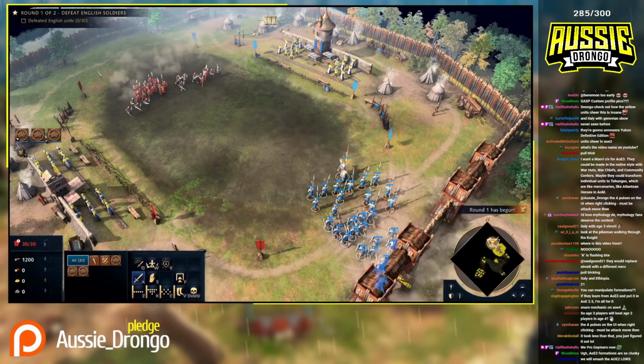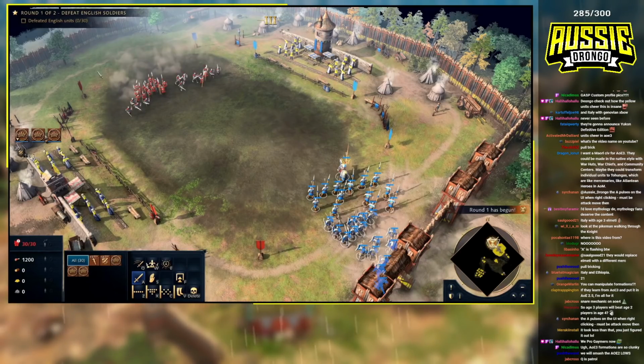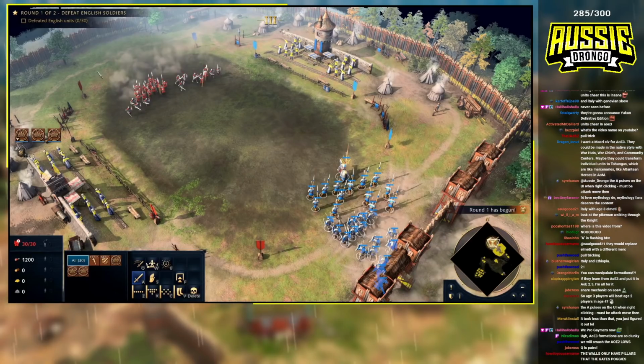Age of Empires 3 formations are so clunky. Well, hopefully they don't have the snare function from Age of Empires 3 in Age of Empires 4. I don't know. Can anybody confirm right now